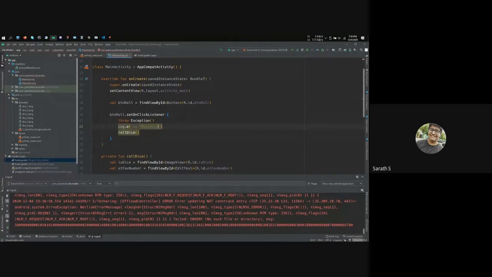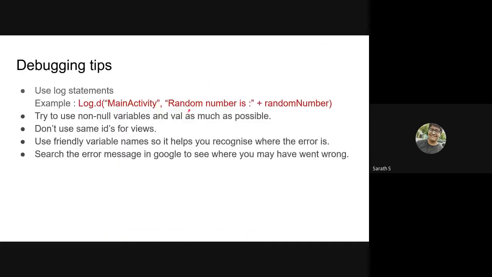In main activity, right? So I just type main activity, and then whatever value I want to print here. So if I want to print, let's say in my case, the random dice number I generated, I could just use this function here. This basically says log, and then D stands for debug, E stands for error. It just shows under different tabs. That's it. And in main activity, the random number is the variable that we want to show. So you could just use log statements to know what's happening in your app while you're making the app.